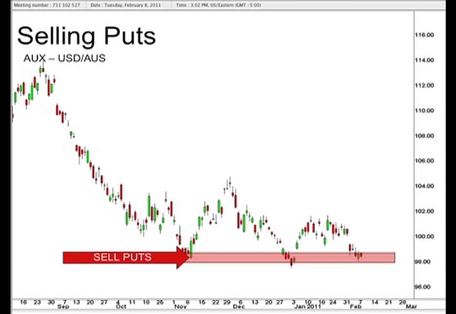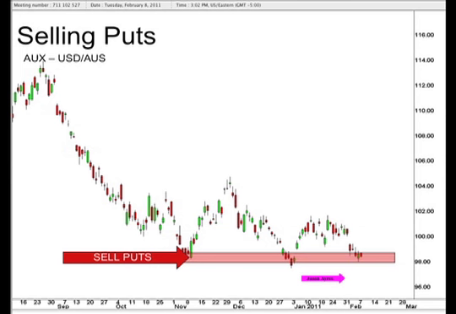So we're looking at this case. What we can see here is on 3 separate occasions, we saw the AUX slip down and test that 98 level, and each time we saw a subsequent bounce off of that. Now, we have to be cautious that there's not a follow-through to the downside, but what this is telling us is that this level is a key support, and over the last, in this case, we can see November and December, and in fact, January. So basically the last 3 months, the AUX has been holding strong there, which means each time we've seen a bounce. So if I sell put options somewhere down below that 98 level, there's a very high probability that